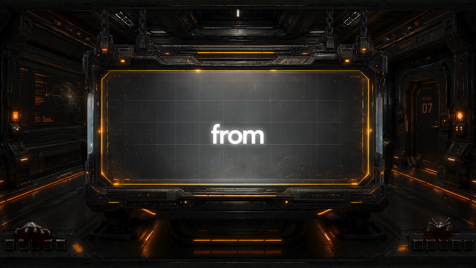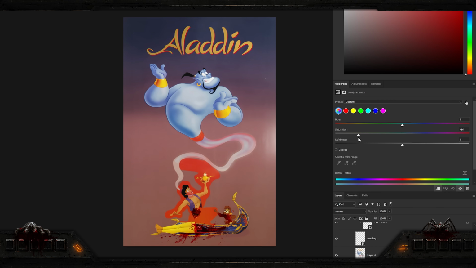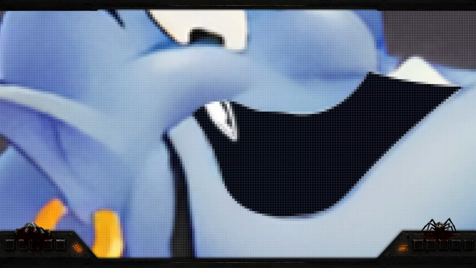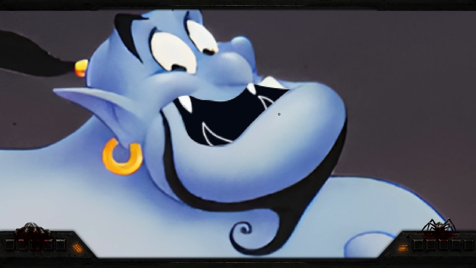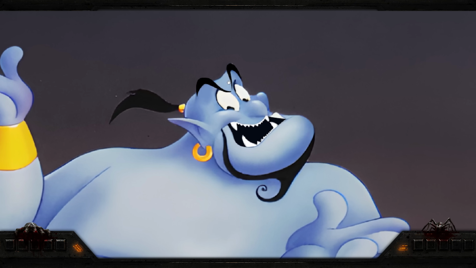Now that Aladdin's been dealt with, it's time for his punishment to come from somewhere, so let's work on the genie. First, I desaturate the background a bit more to make the characters pop. Then I select the shape of his mouth and draw in his own sharp teeth, since he is looking way too friendly for what he is about to become. I work on his eyebrows next to make him read more sinister, and honestly, it's already looking a lot better. Well,